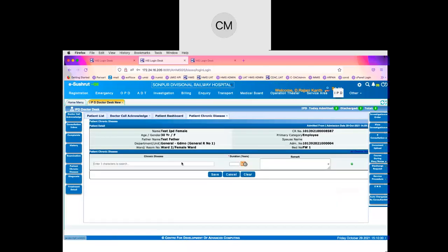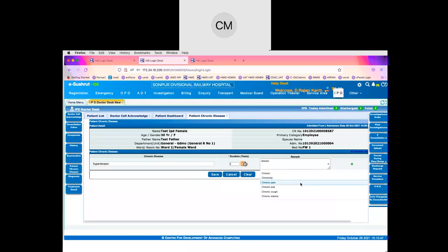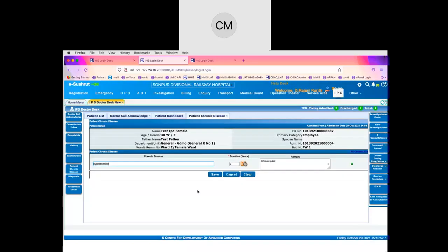And the doctor can also indicate the information related to the chronic illness for that patient. So if the patient is suffering from any chronic illnesses, that information also can be entered here, which can be seen as part of the patient record, and accordingly the treatment course can be devised.